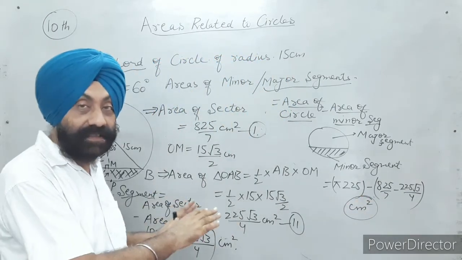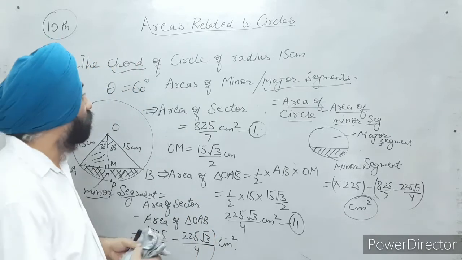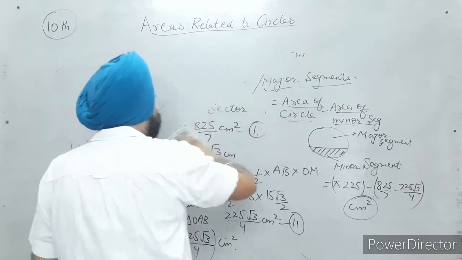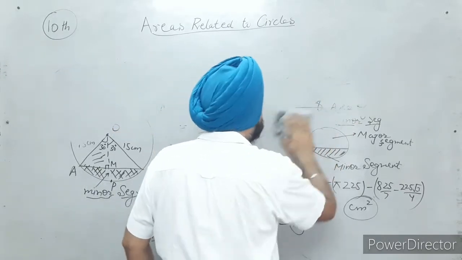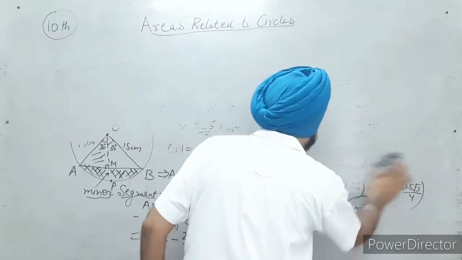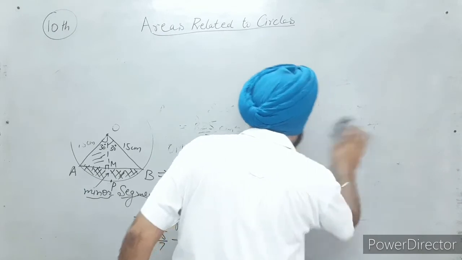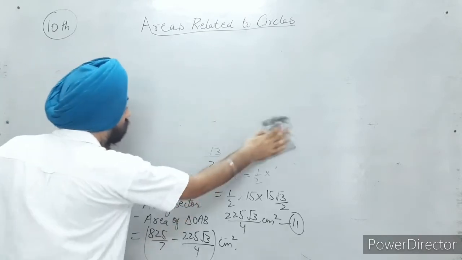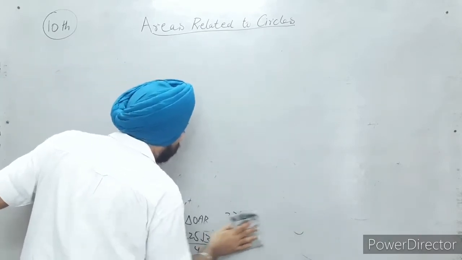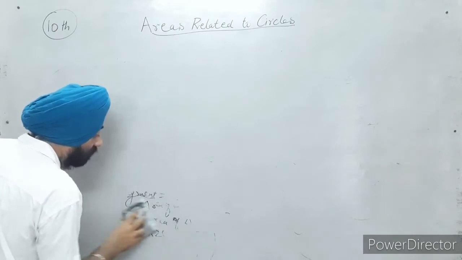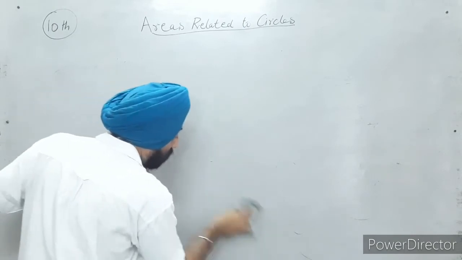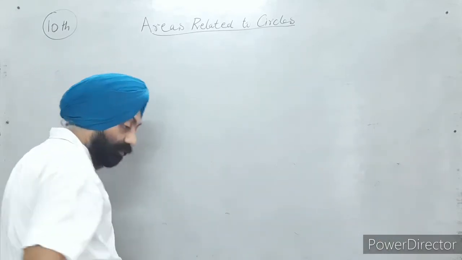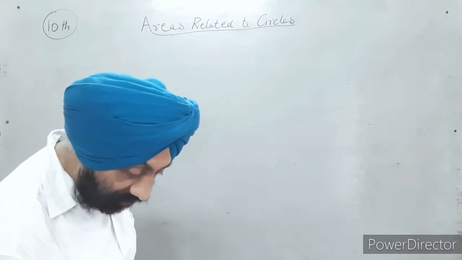Hope you have understood this concept, right? It should be very clear to you because it's a very important sum. It's a very important question. You should remember the formulas: area of the sector, minor sector, area of the major sector, then area of the minor segment, the way to find it, how you can find area of the major segment. Area of major segment is easy. That is area of circle minus area of the minor segment. You will get area of major segment. Now, another very important question which generally comes in your exam is this.